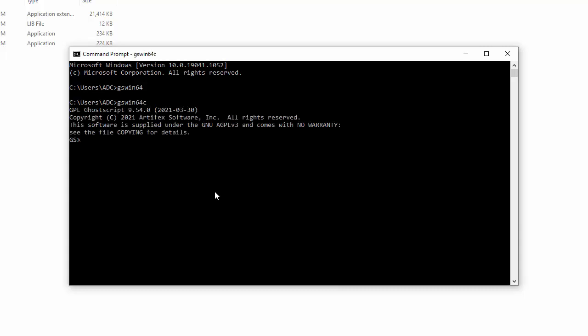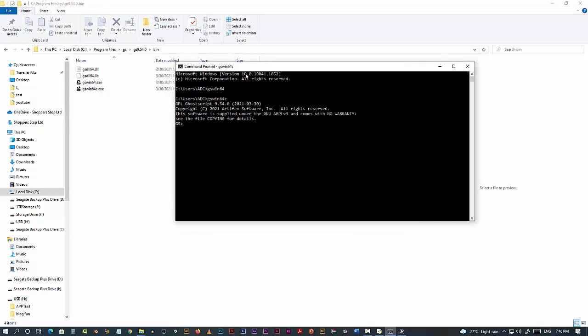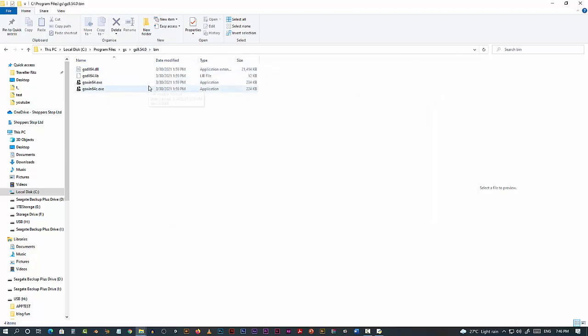So this is the command line. It's going to run inside this CMD command. You have to write certain commands, and this is the one which is responsible for creating a PNG file. So install this. After installing, get the path.